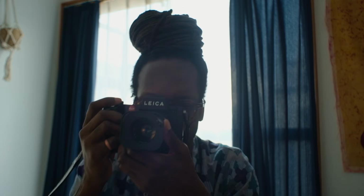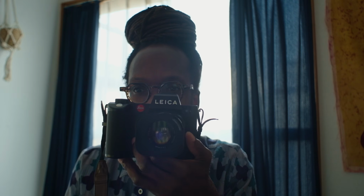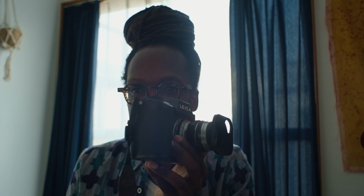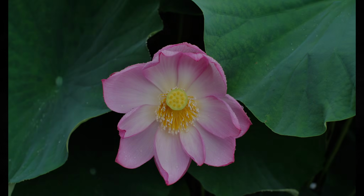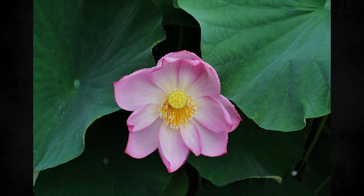Basically, I got it because I felt that I needed something robust, reliable, beautiful looking, and producing excellent image results, both on the photo side and the video side. And specifically,